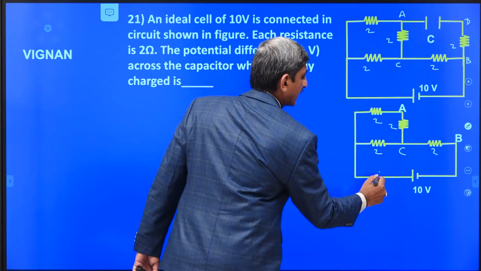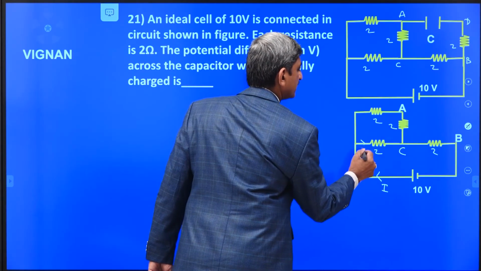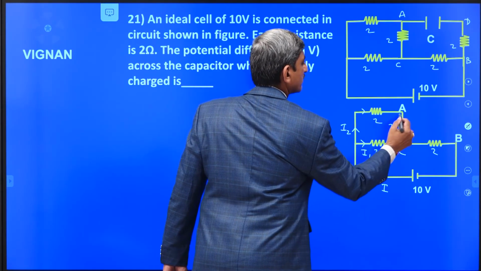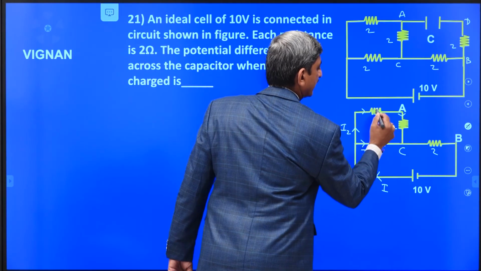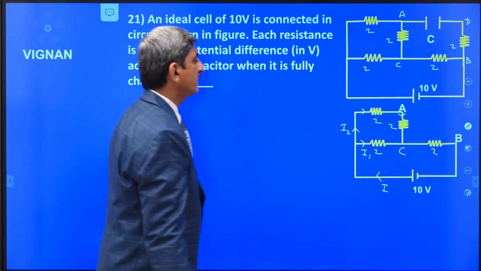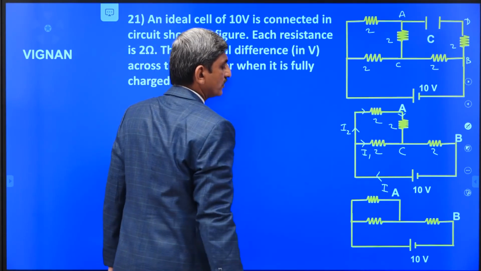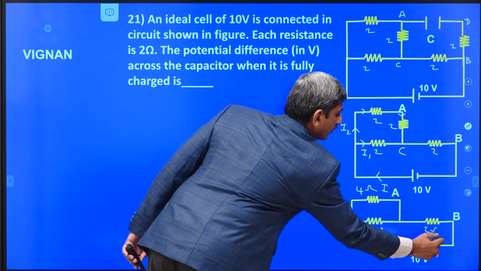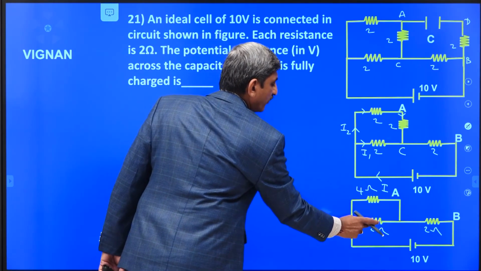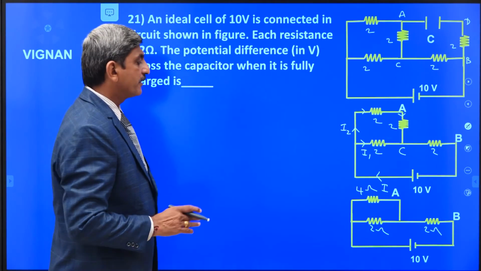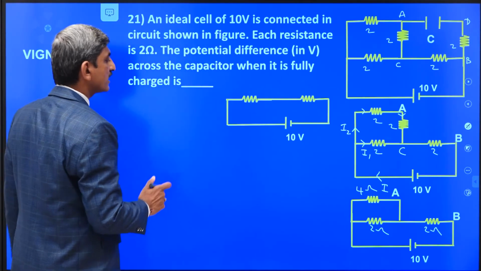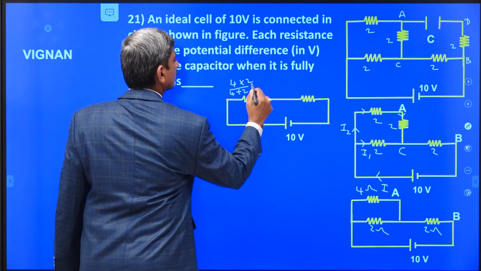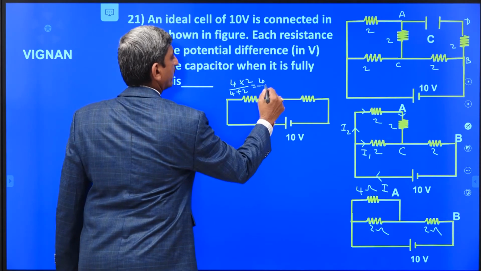So the circuit becomes like this. Now see, a current I is starting from the battery. This is dividing into I1 and I2. So the same current is passing through these two resistors. That's why these two are in series. That's why 2 plus 2 becomes 4. So the circuit becomes 4 ohms, 2 ohms, 2 ohms. These 4 ohms and 4 ohms are also in parallel combination, so the effective resistance is given by 4 into 2 divided by 4 plus 2, that is equal to 4 by 3 ohms.